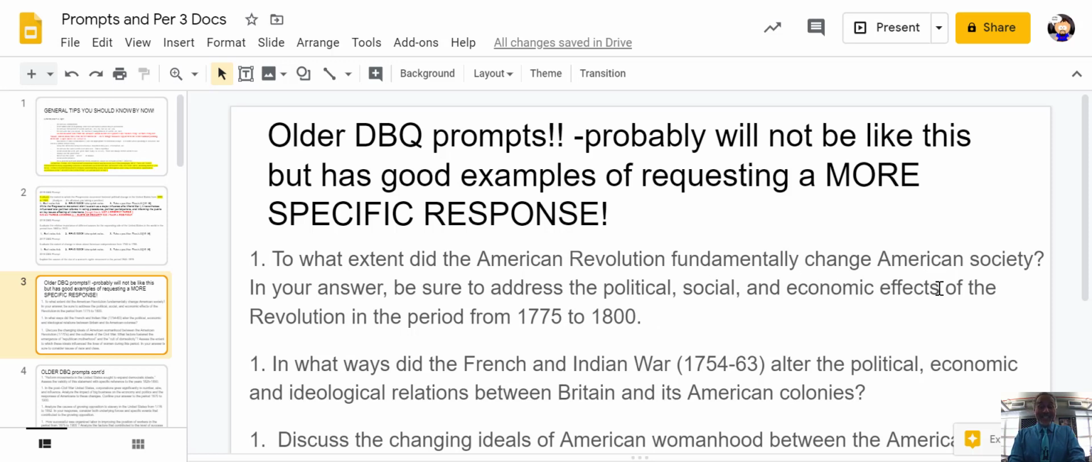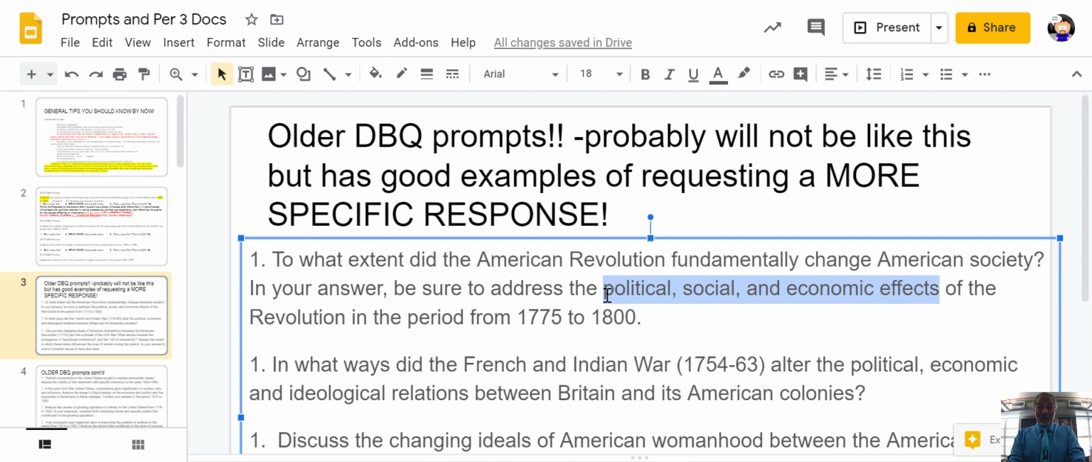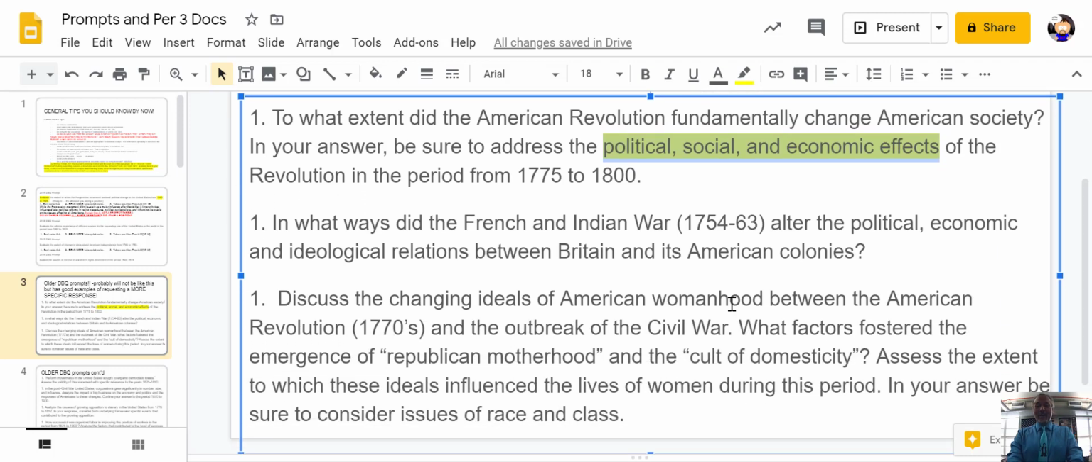And this is something they were like, political, social, and economic effects of the revolution. I don't know if it's going to be that detailed for you, but it's something that you're going to have to come up with in a way. But they used to be very specific in the past about all the things that you have to address and in what ways. You see this: political, economic,